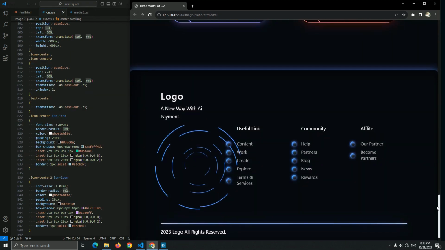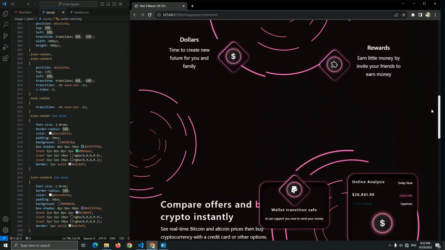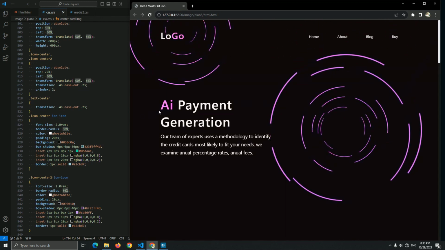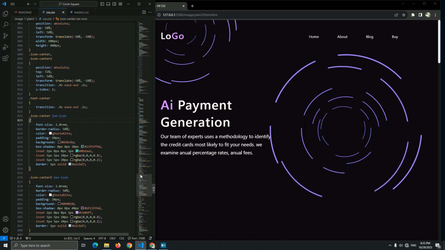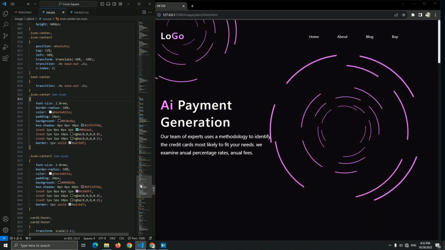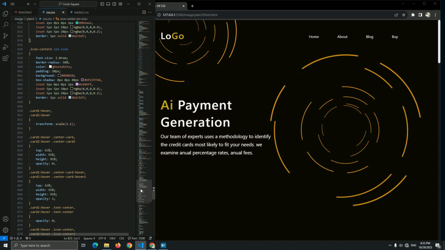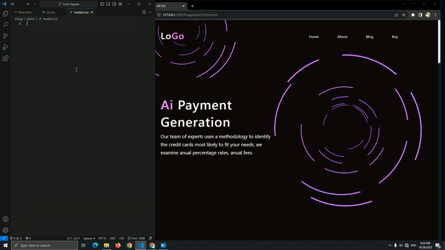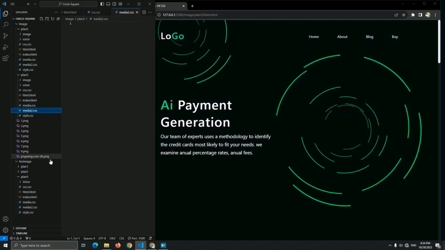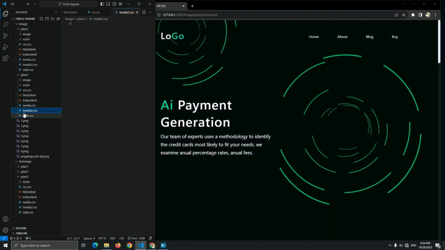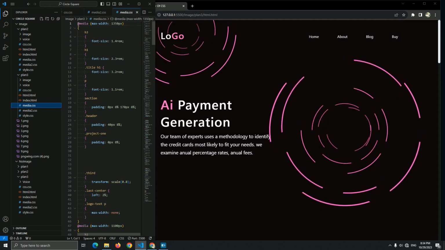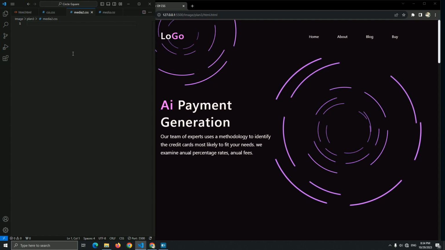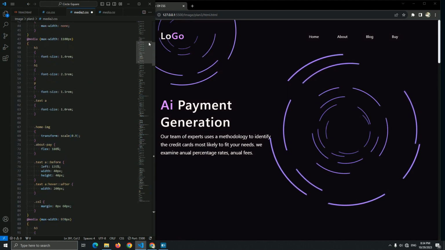Let's go. I think we finished the animation, all the animation. This is everything you need to know for creating this website, with this beautiful animation with the background color change. I hope you like it, guys. Hope you love it. The last one is adding the media CSS. So I just copy this media CSS from part 3 without image, guys. I just copy it and paste it to finish this video.